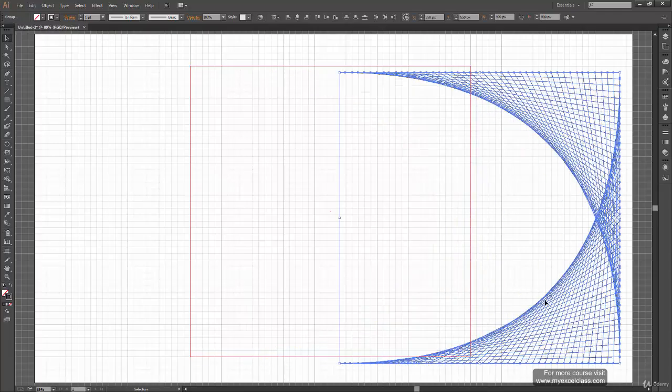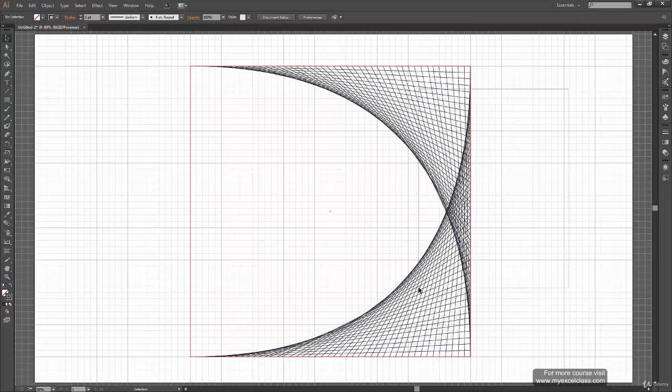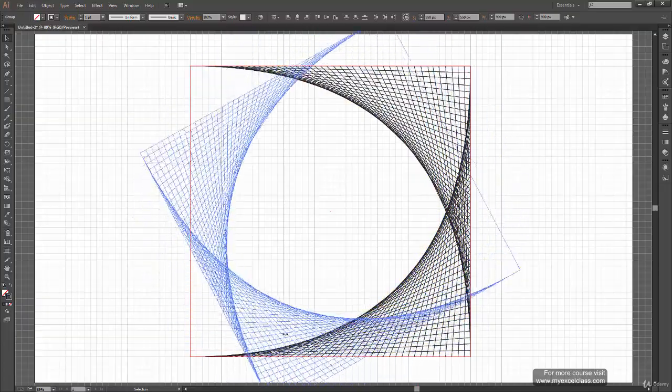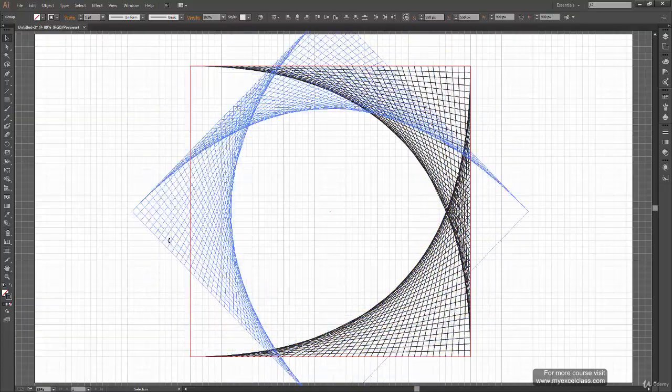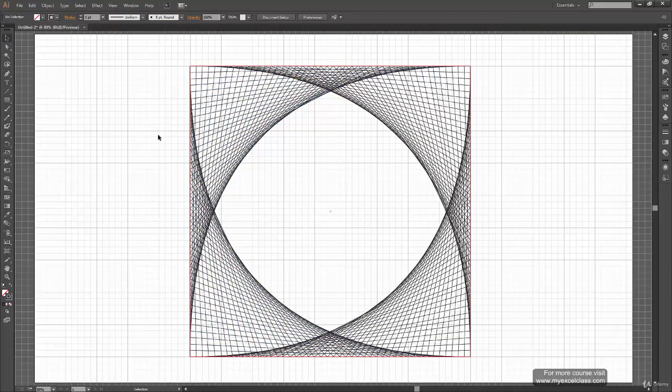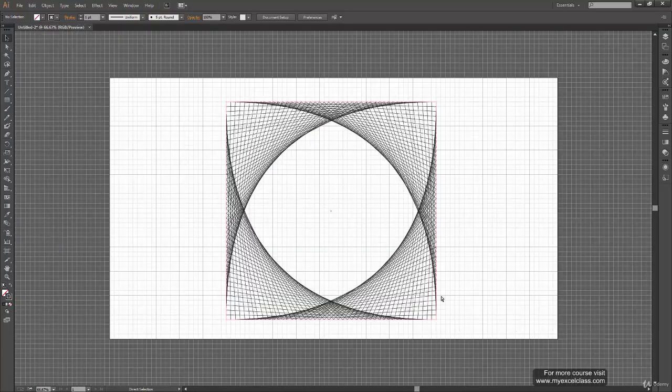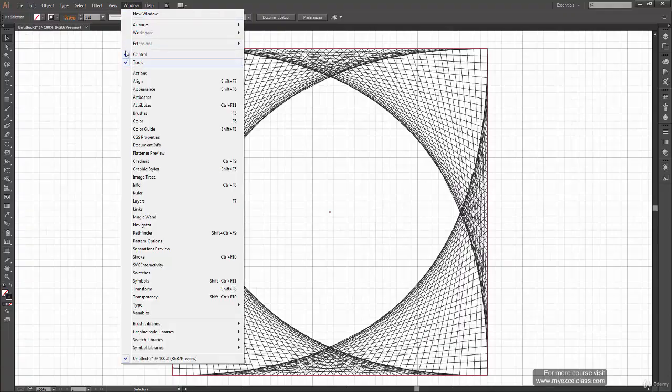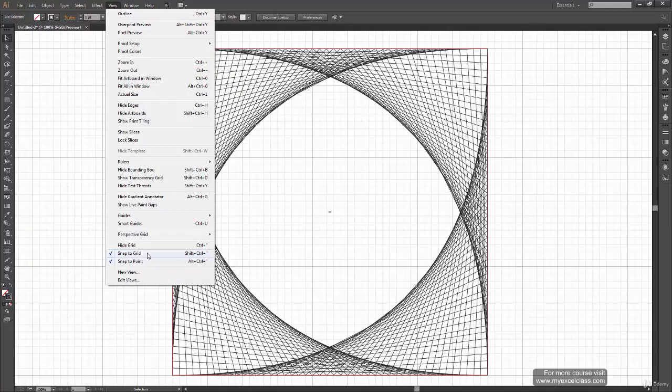Now we have two groups, and what we can do is select these two groups and press Control C, again Control Shift V to paste in the same place, and again rotate them by 180 degrees. Again press the Shift key so that it snaps to a 180-degree angle, and there we go. So here we have our design ready, and right now it doesn't look very impressive. Let me turn off the grid. So we'll uncheck Snap to Grid and we will hide the grid.